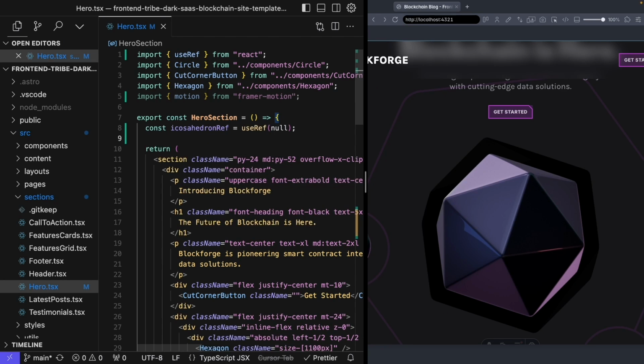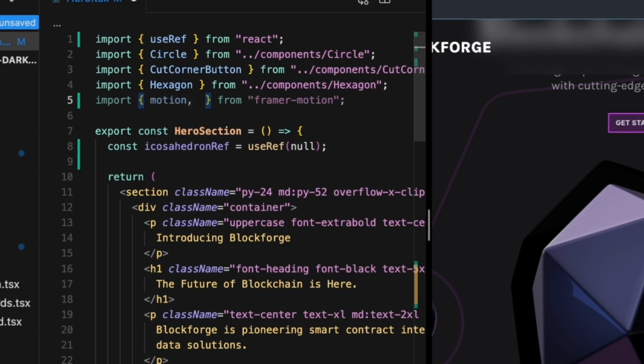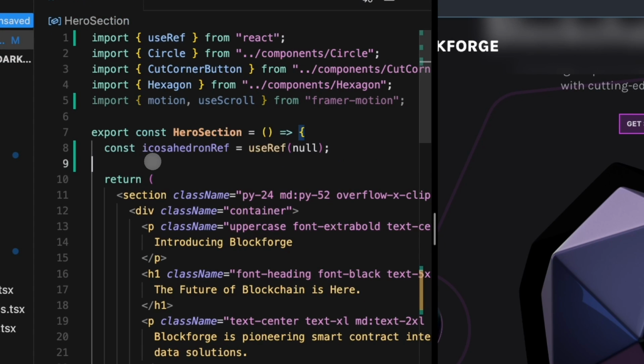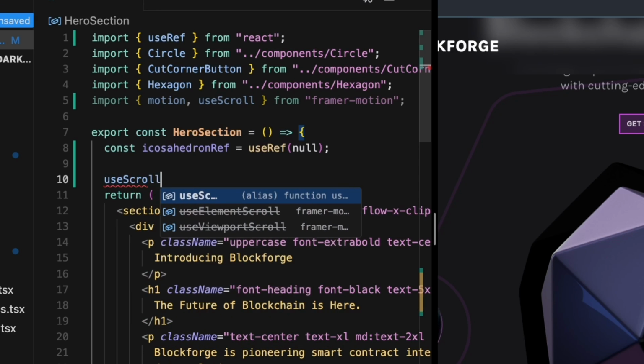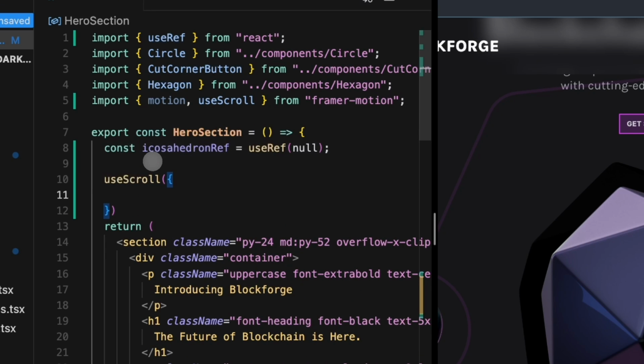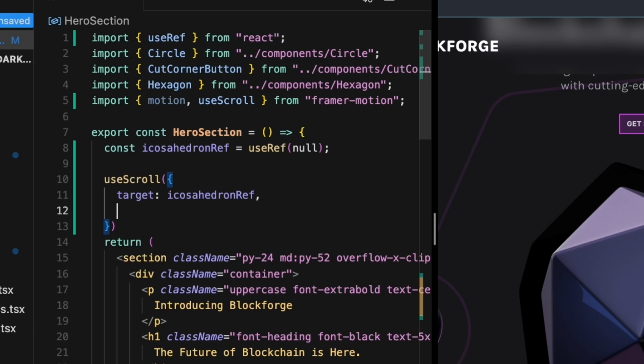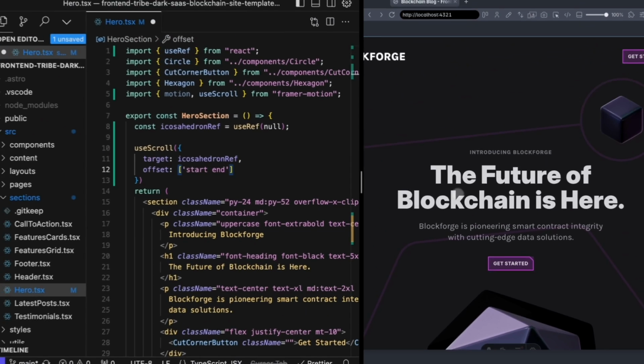And that allows us to control that with our useScroll. So with our useScroll hook, we want to import that from Framer Motion as well. So I'm going to say useScroll, and then I'm going to come up here and use that useScroll hook, and I'm going to give it some options. The first option is the target of the scroll. So for the target, it's going to be this ref right here that we have. And then we want to tell it over what scroll positions we want to track this target. So that's going to be with our offset, and we're going to say start end, which means as the image